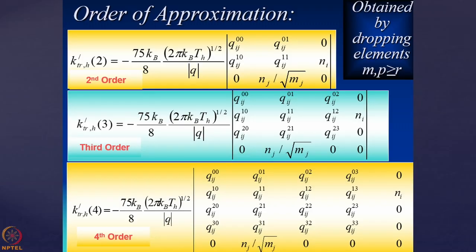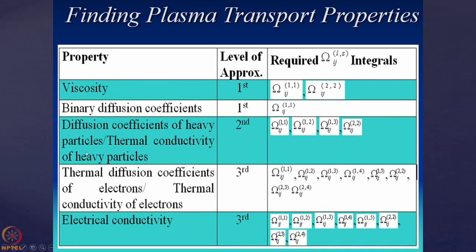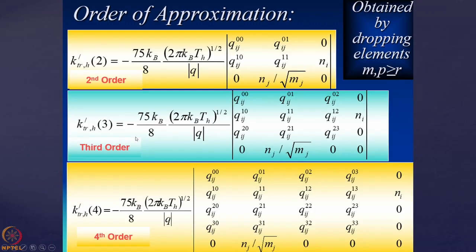And I must tell you that, see, if you are working with the third order approximation and if you are working with the fourth order approximation, you will see that there is almost a negligible difference in the calculated values of this thermal conductivity. But if you are going for third and second order, then you will see that there is a significant difference in the thermal conductivity, because of that you are going for this third order approximation for thermal conductivity of electrons.